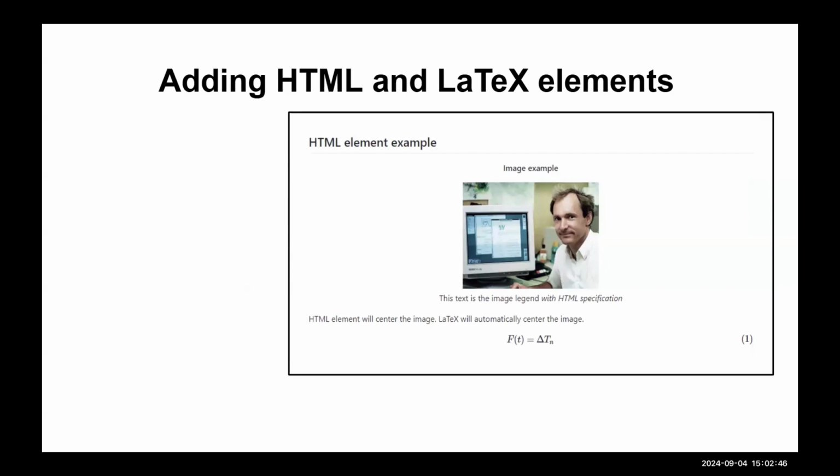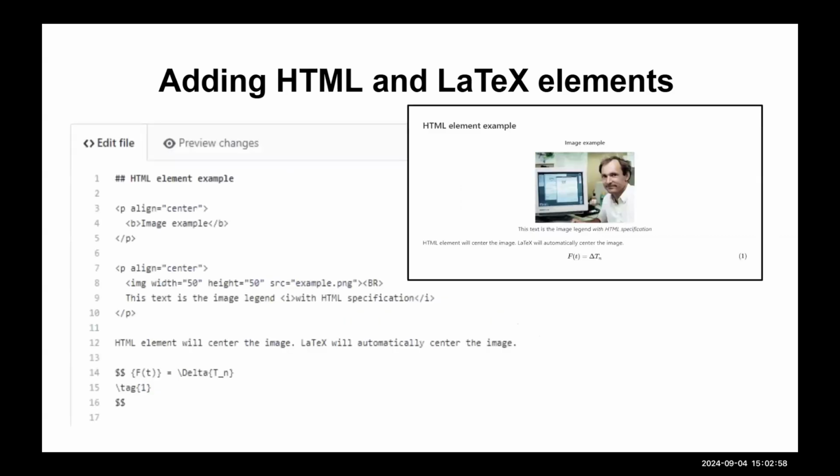This is something I've written in Markdown, but also with HTML and LaTeX, and this is what it looks like rendered. It looks like an HTML document, but as it turns out, I've combined all three of these things. The Markdown is line 12. The HTML is lines 3 through 10. And the LaTeX is lines 14 through 16. That's just rendering the equation, but it all works seamlessly in GitHub flavored Markdown.